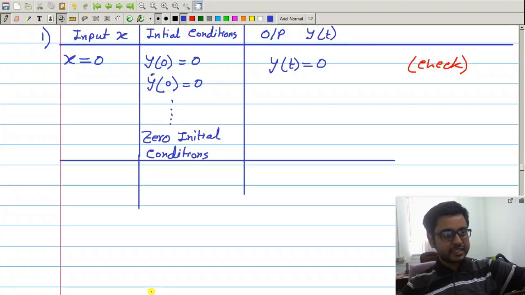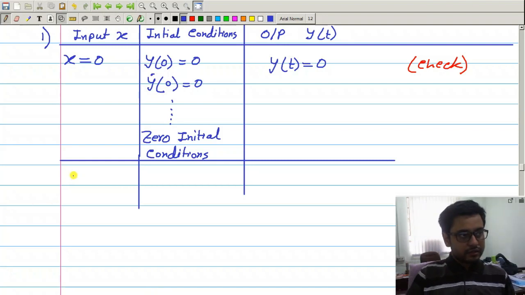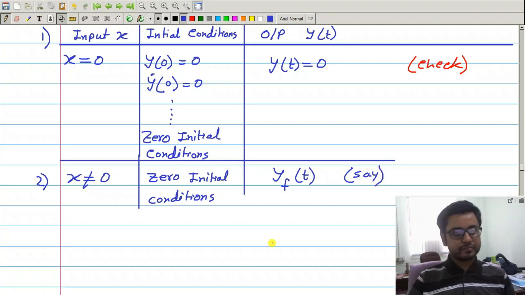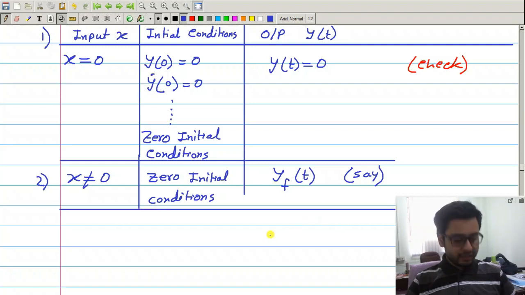Now consider the next situation when you have non-zero input but all 0 initial conditions. You will get some output, and whatever output you get, let me call that yf(t), say. Okay, so this is the second situation, and then consider the third situation